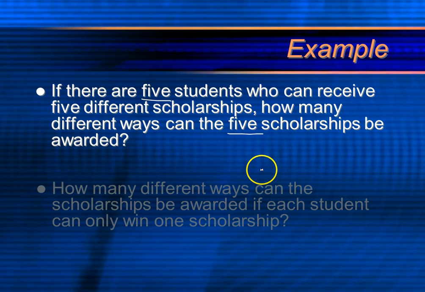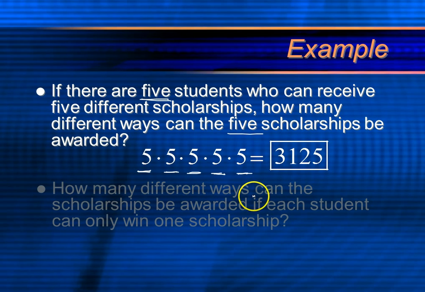Here's my first question: can one student receive all 5? Does it say anything about that? No, so one student could receive all 5. So when I think about these 5 scholarships and 5 kids for each of them, every kid has a chance to get every scholarship. So it's 5 times 5 times 5 times 5 times 5, which gives me a possibility of 3,125 different ways